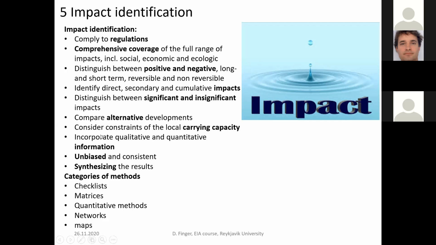So here's a long list of what you want to do. You want to try to distinguish between positive and negative, long and short term, and reversible and non-reversible impacts, and cumulative impacts. Sometimes one impact leads to another one, which accumulates over time. So you want to point this out, distinguish between significant and insignificant impacts, and look at alternatives. We already mentioned this a little bit